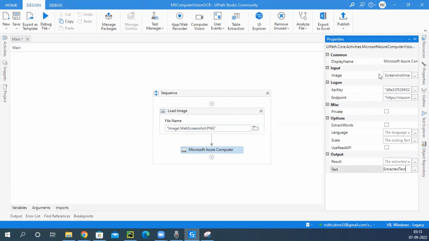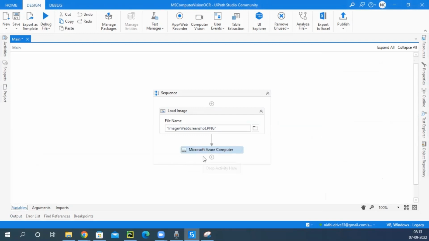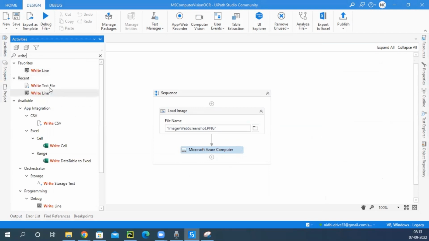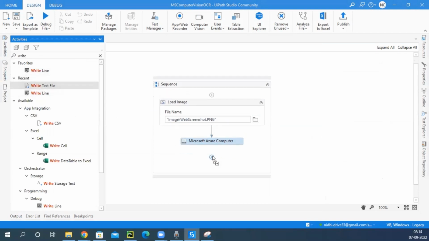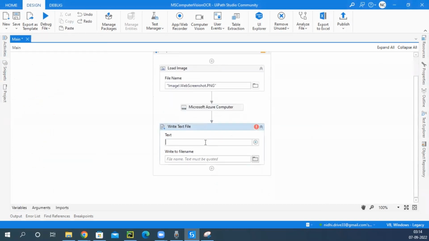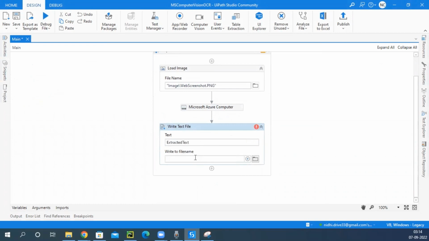So the result from this image, or whatever text is extracted from this image, will be saved in this string variable. If you go to the variable section, you can see the type is string. And now let's write this result into a text file. So we'll use an activity called Write Text File and drag it after the Azure Computer Vision. The text we want to write is extracted text, and let's give the file name